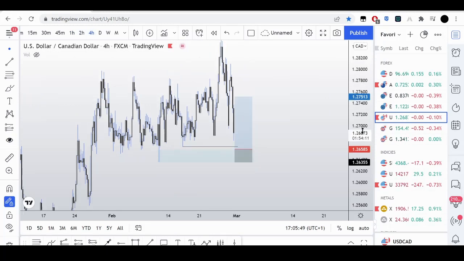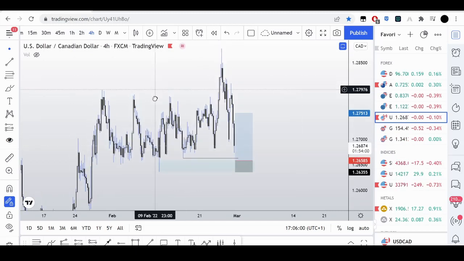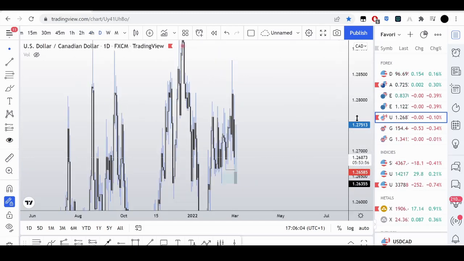Now, I didn't record the audio for the first part of this video, which was yesterday. Basically, I'm looking to buy USD CAD at this bullish order block on hourly, annotated by that little blue zone right there. You can see my buy limit, the little position tool is right there. I'm looking for just a little quick buy, maybe like a 1 to 3.